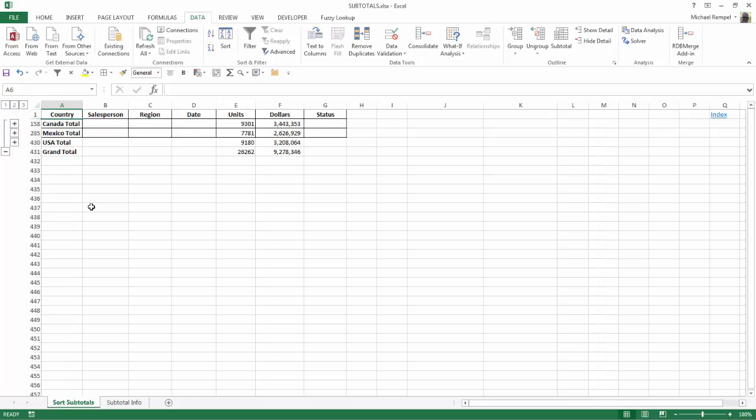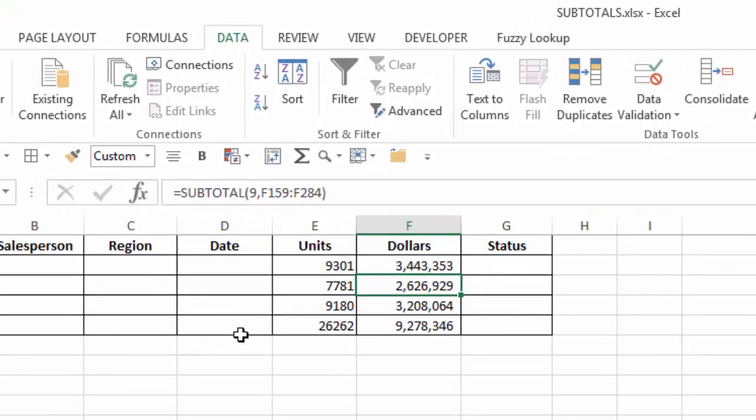So let's go to subtotals here, and as I usually like to do, I'm going to put my borders around everything just to make it look a little cleaner. Now, if we look in any of the units or dollars, you'll see that Excel has inserted the subtotal function, and it has the type of subtotal and then the range to be subtotaled. As you can see, Excel put the 9 as the type of subtotal, and 9 means the sum,